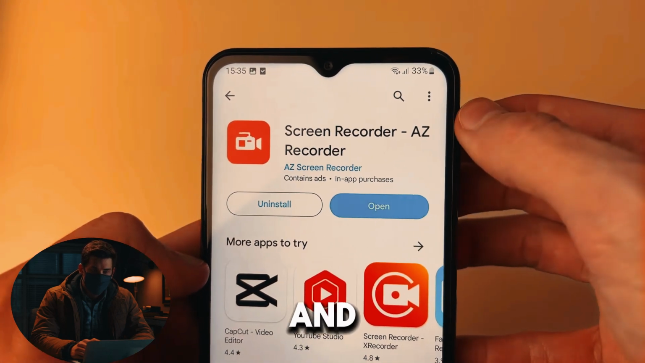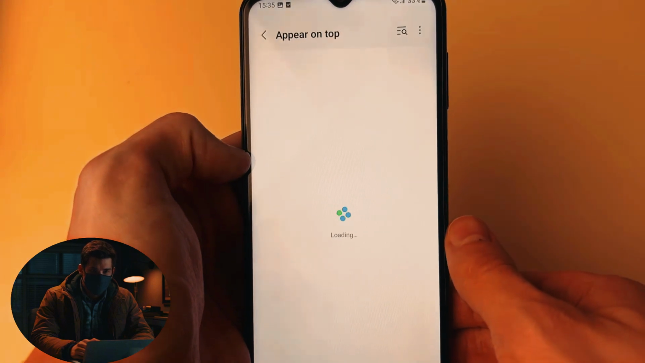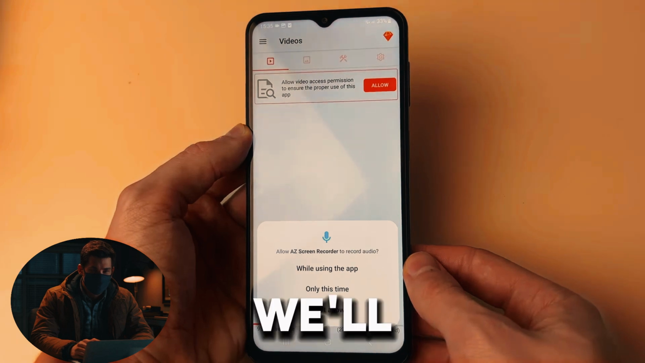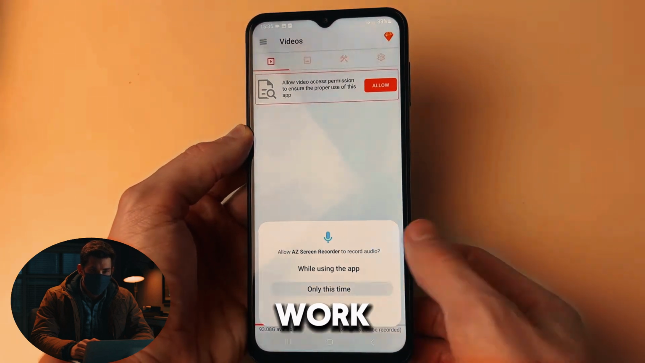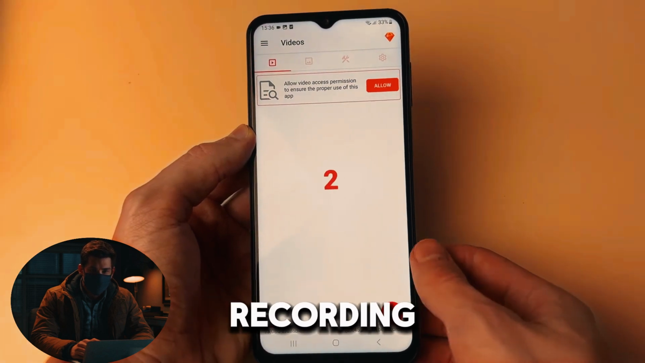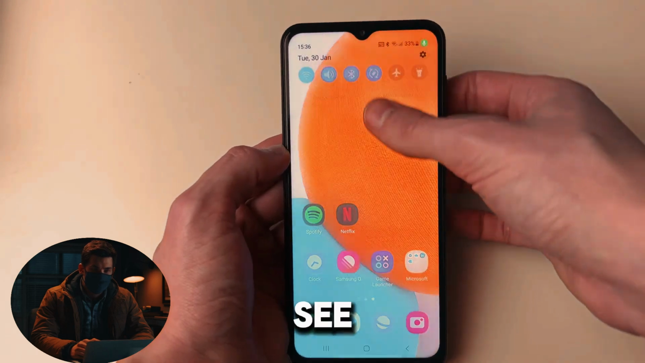You'll need to allow the pop-up button, which you do, and then what we can do to start screen recording is press on the recording button at the bottom, and then we'll just allow the microphone to work, and you can then press start now, and you'll then have this countdown, and we're now recording. And once you've then finished recording, you can swipe down like so, and you'll see this bar of options,